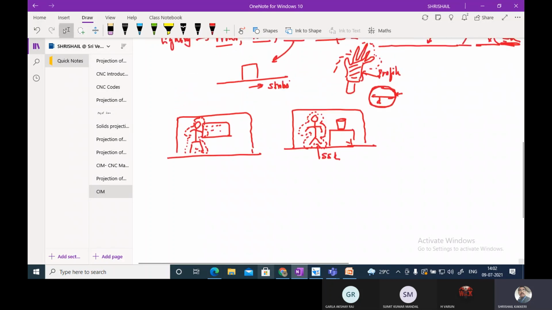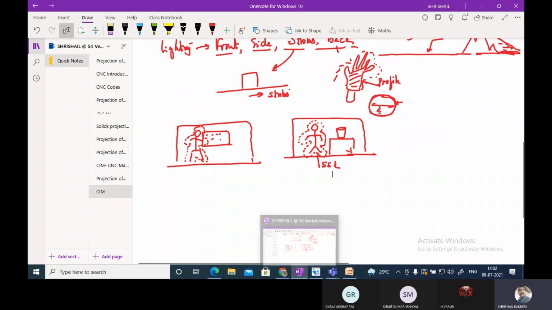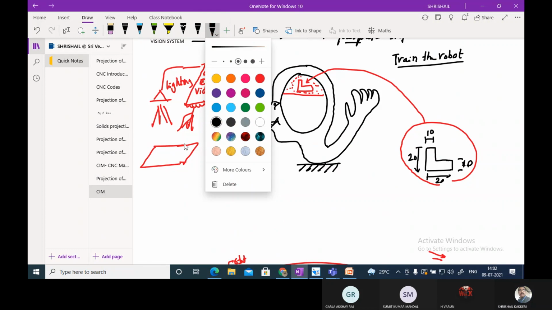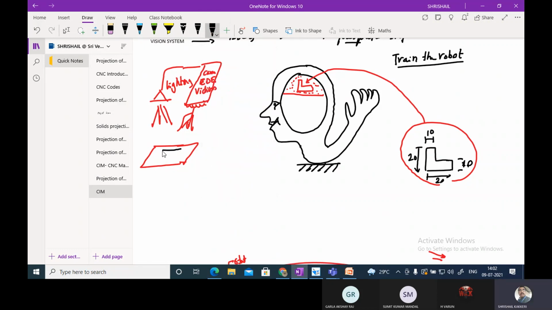In a similar way, here in this case, I'll make a small change. I have been given one physical object. This is called a physical object. And this particular object is stored in